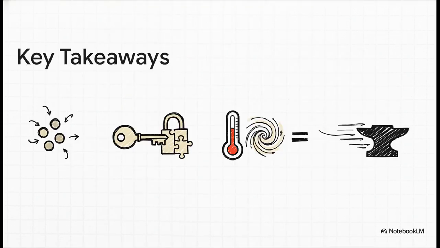All right, so let's wrap this up. What are the big takeaways? First, gases are just tiny particles that are constantly and randomly moving. Second, a few simple rules about that motion, the KMT, can explain all those complex gas laws we see. Third, temperature is just our way of measuring the average kinetic energy of those particles. And finally, at the same temperature, lighter molecules will always move faster.